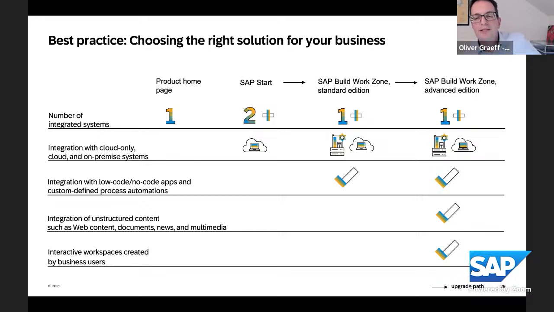And there's Build Work Zone Advanced Edition with the same capabilities, but on top, capable of dealing with unstructured data, with collaboration, with interactive workspaces, and so on. So this is the offering for an entry point